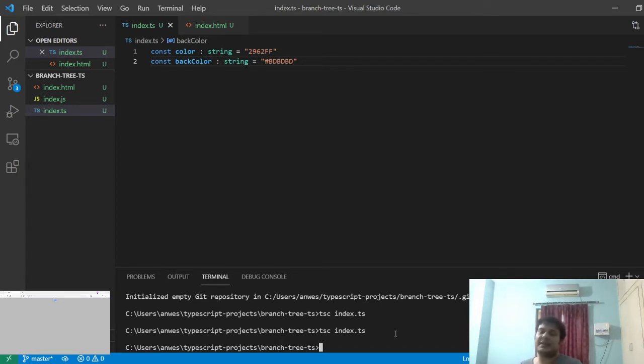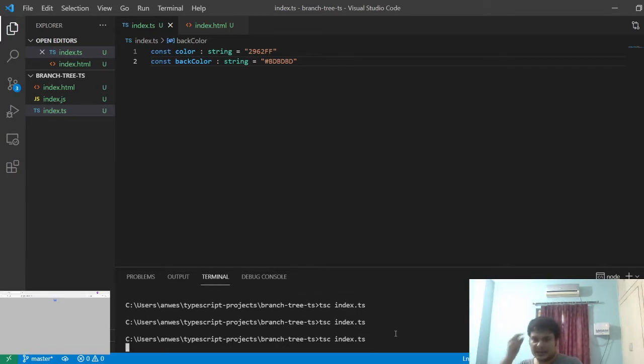So we have to compile the TypeScript project into JavaScript. The command to do it is tsc and the file name. If you want to convert a whole project, it will be tsc -p dot, but that is not the scope of today's video. So it's a simple command I'll use, tsc index.ts.